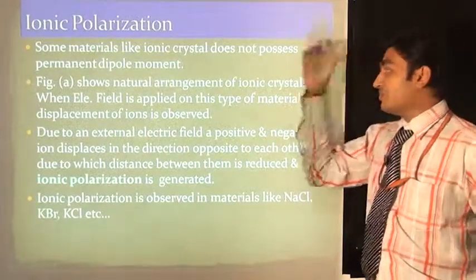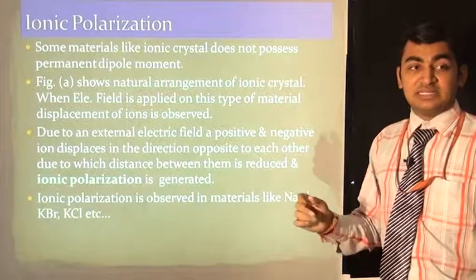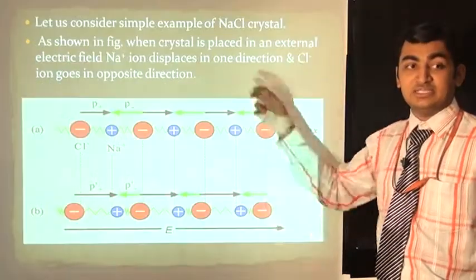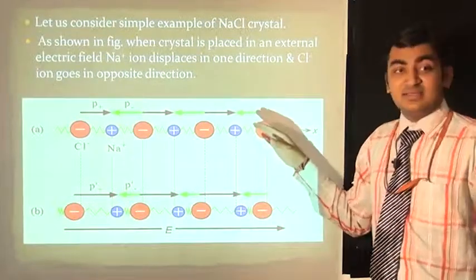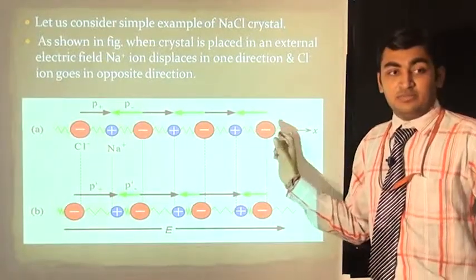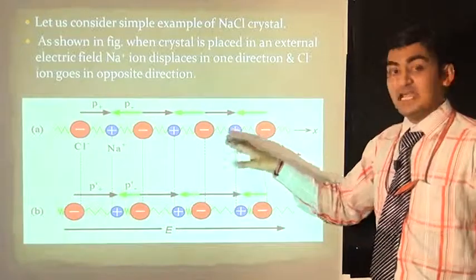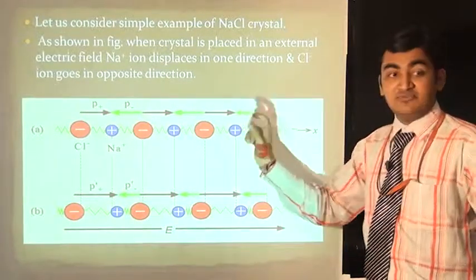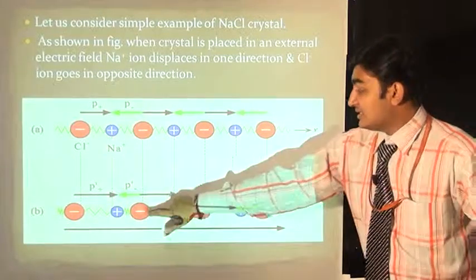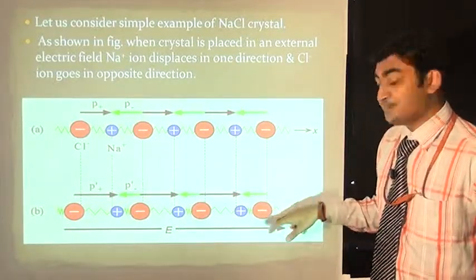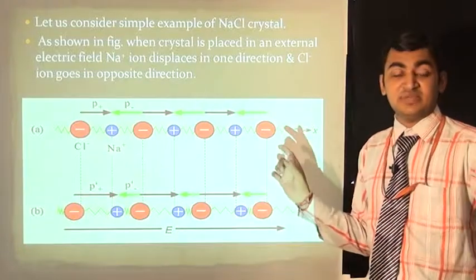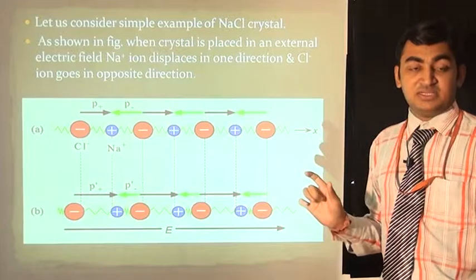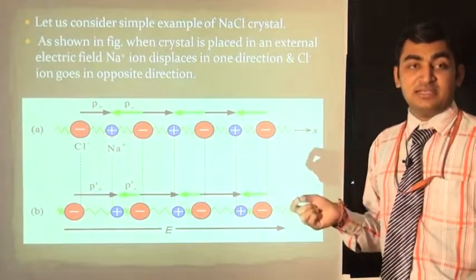Materials like silicon, germanium and diamond give us a shape like this, and they have electron polarization. Then ionic polarization. Ionic materials like NaCl, KCl, KBr all generate ionic polarization. As shown in the figure, when there is no applied electric field, all the dipoles have the same distance. When we apply an electric field, all charges will vibrate with some frequency as shown in figure B, and they will generate displacement changes,